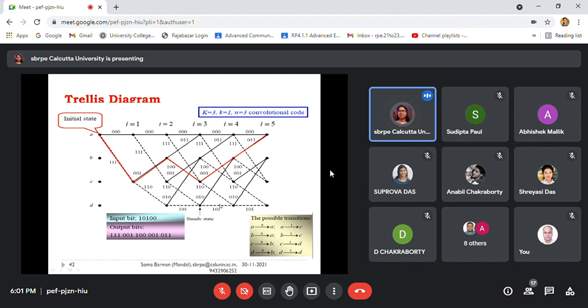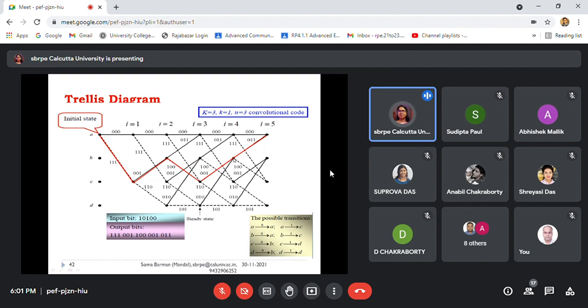So out of these 2 paths, which path will be chosen in the next stage depends on which bit is coming. Now, in this case, your 0 bit is coming, so you have to go in the upward direction, and the output branch is 001, and we have considered for 0 bit it is 001. Next, again 0. So you have reached B.